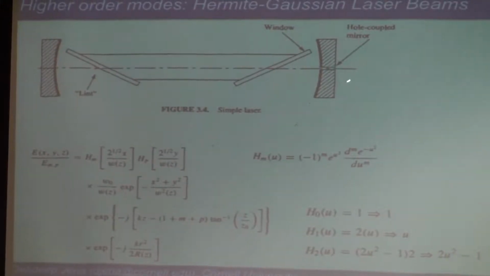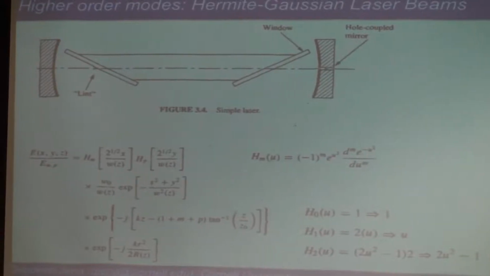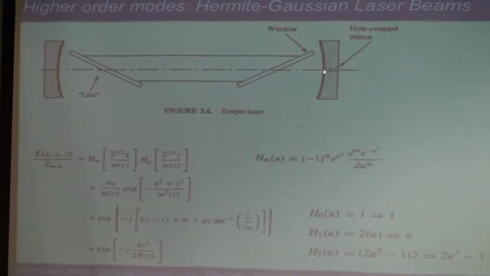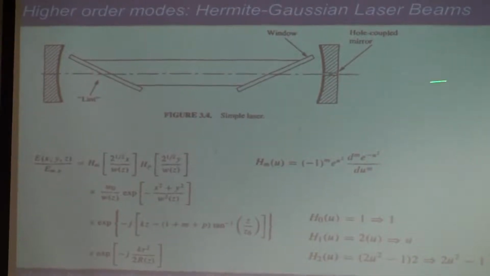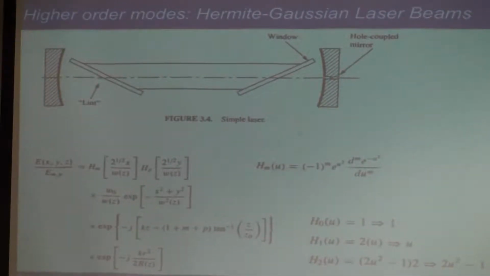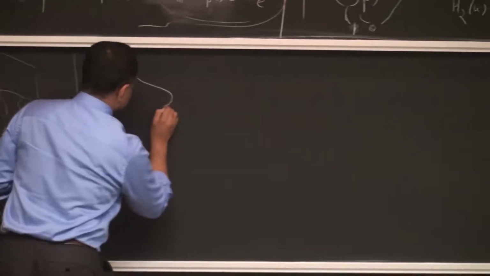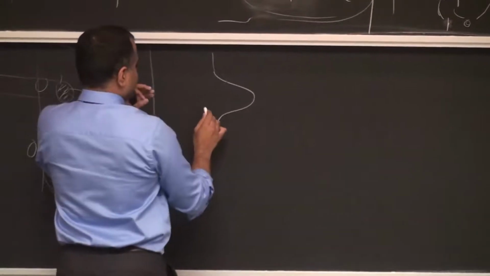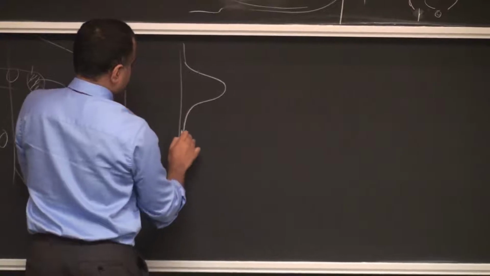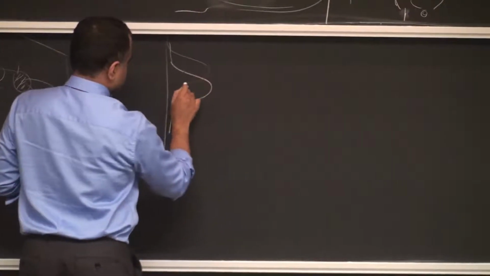But sometimes what you also want is, if you had a hole coupled mirror, meaning you had a hole in the middle to get the light out in the end, the laser from a tabletop laser, the diameter of that will determine how much light comes out from this beam. And the way to select out, for example, let's say you have a beam that has, let me draw it here. So let's say you have a beam that looks like this, and somehow your laser has started oscillating such that you also have another mode, which is this one. Right?